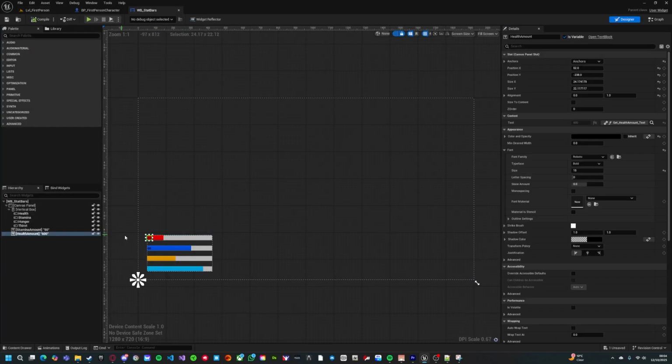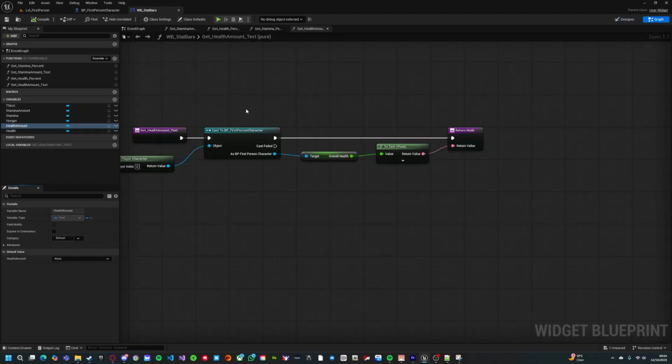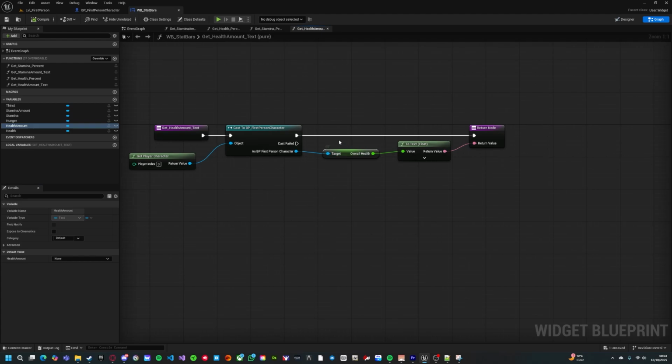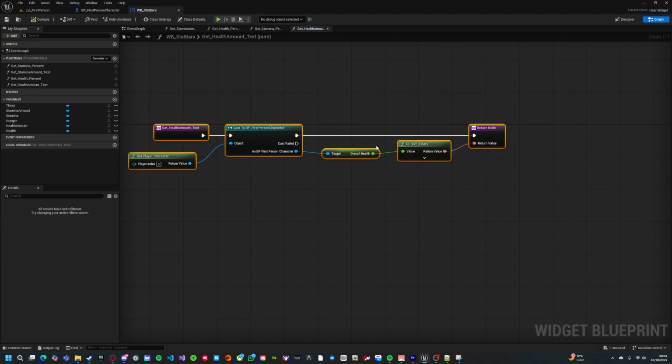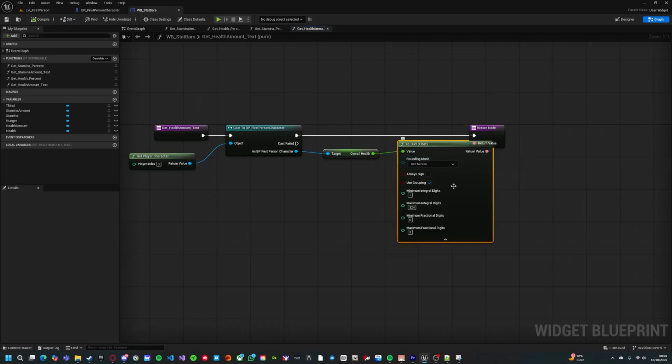and we'll go to the 600 health value, and we actually need to go to our graph. And in our graph, we're going to get the overall health amount, which is in here. And then on the to text, what you want to do is open up this drop down. Now you'll see a maximum